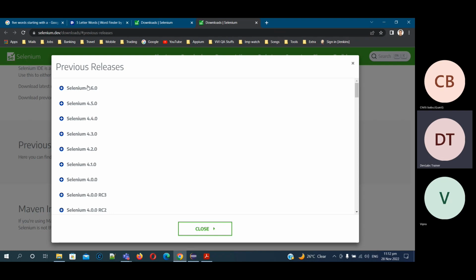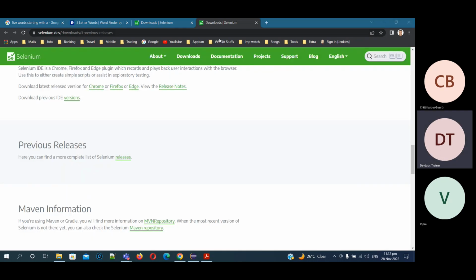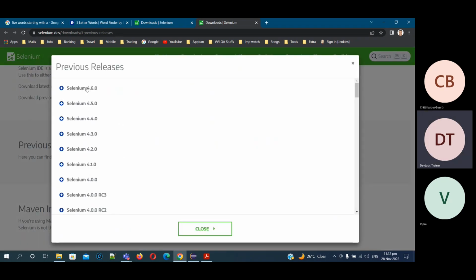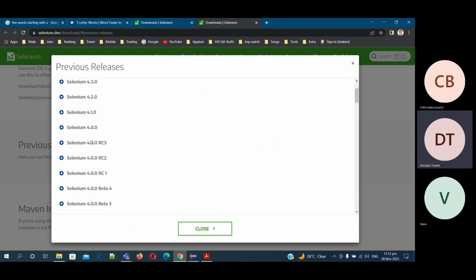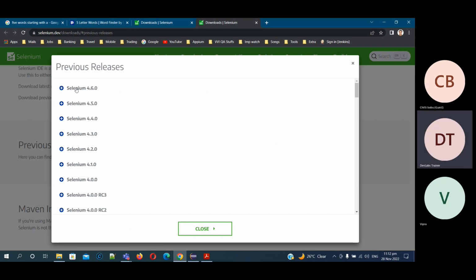Okay, if I'm clicking there, then it is coming. So let me close it. One extra tab has been opened. Previous releases. So which one you want, you have to first decide that 4.6 is the latest one. 4.5 was there, 4.4, 4.3, 4.2, 4.1, and 4. So let me go to the 4.2. If I'm clicking here 4.2,